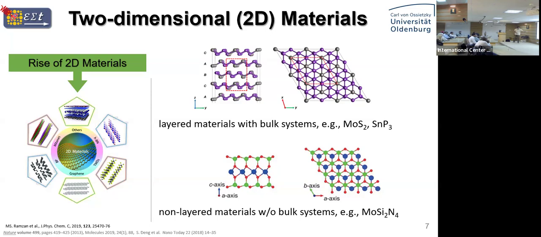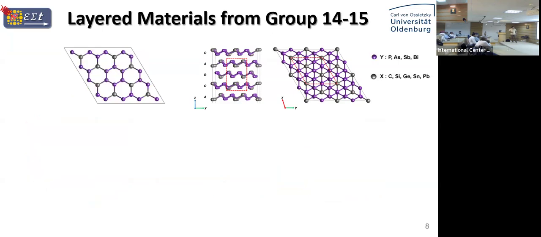I will give you a small overview of this material because we are actively studying this class of material as well. So now to the results part. As I explained a couple of minutes ago, we have bulk, which is a stack of several layers in this A, B, C fashion. Essentially, if you see from the top, it's like graphene, a hexagonal pattern, but each stacking atom is from a different element of the periodic table. In graphene you have just carbon, and here you have a combination of these two.